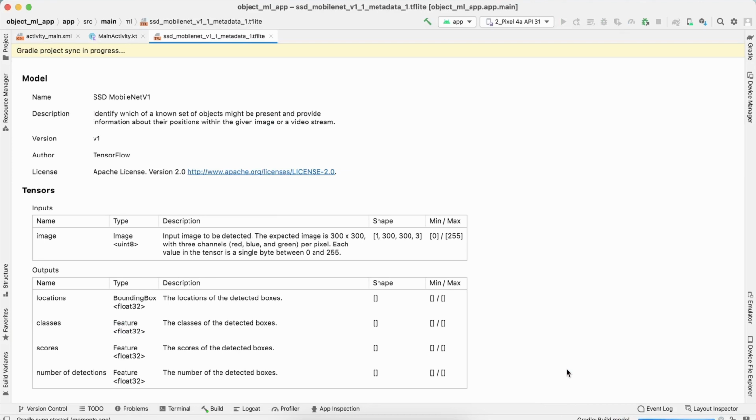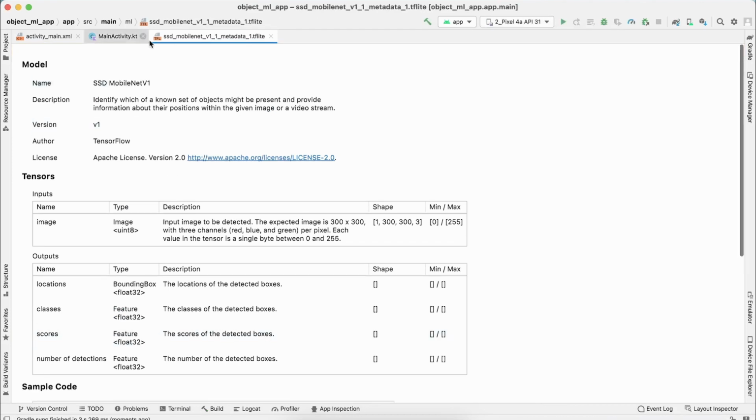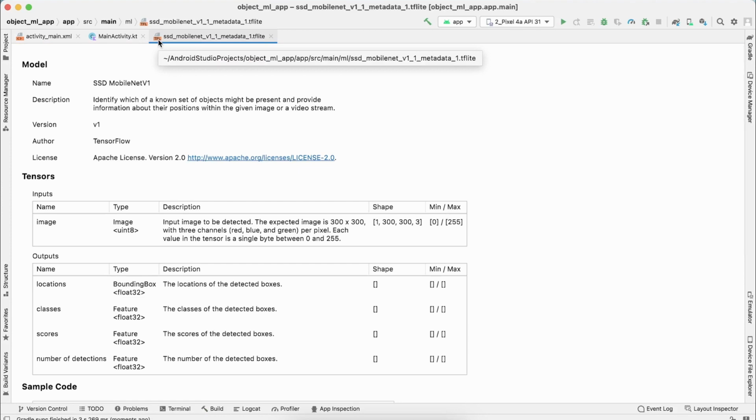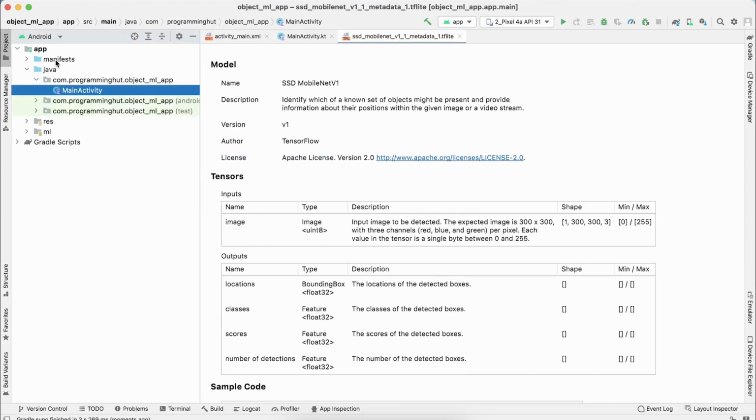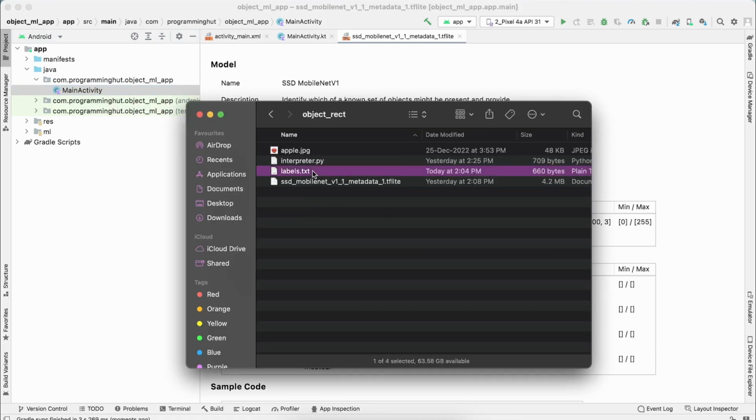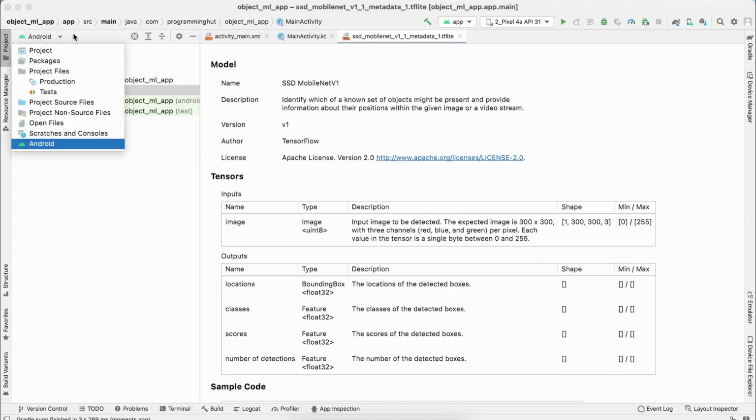That's all. Now let's just import the labels.txt also. With this model, you are not going to get the labels.txt. For that, you can just go below in the description down below, and you will get access to that labels.txt from there. So for copying the labels.txt, first of all, let me just show you. Alright, so here is the labels.txt which you can get in the description. The link will be there. So just copy this